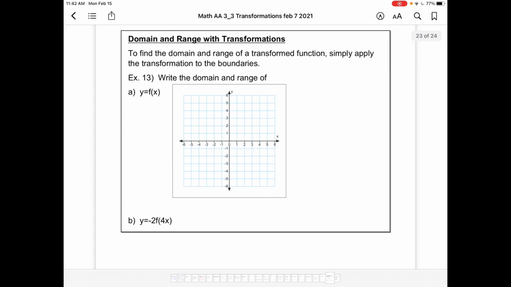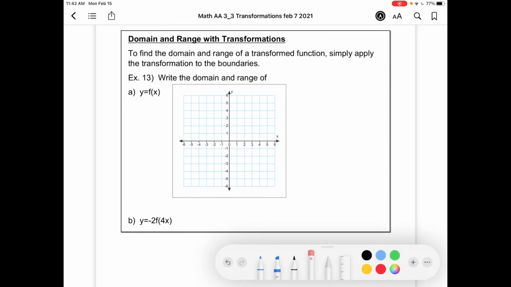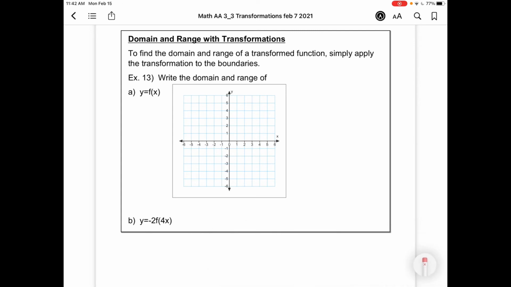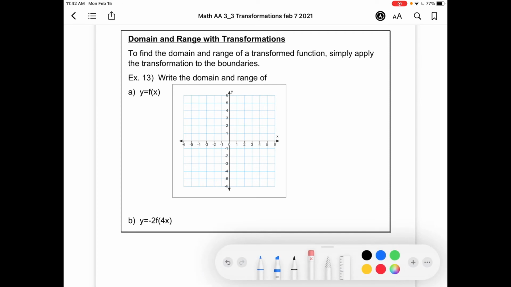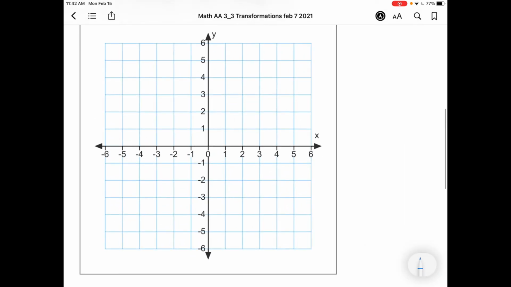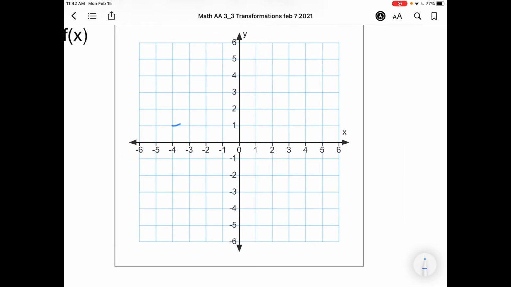All right, domain and range with transformations. To find the domain and range of a transformed function, simply apply the transformations to the boundaries. So we're going to write the domain and range of y equals f of x, which we have yet to decide on. Let's make it go from